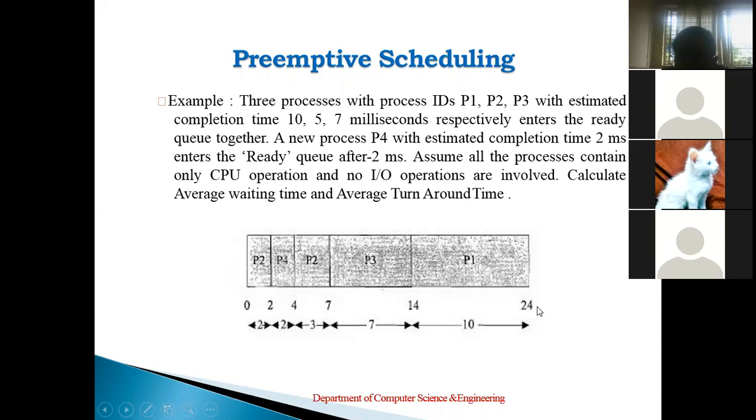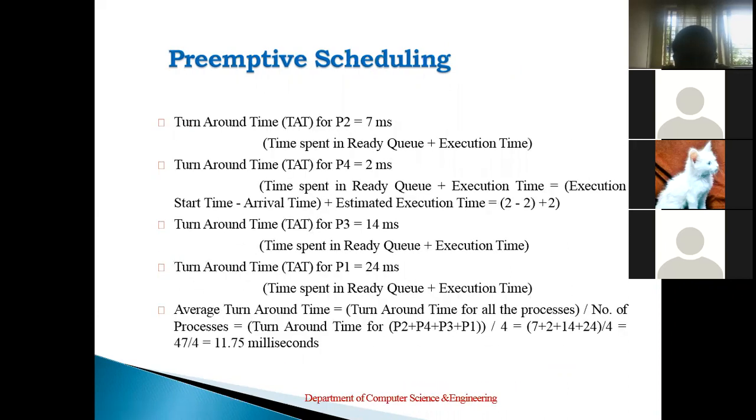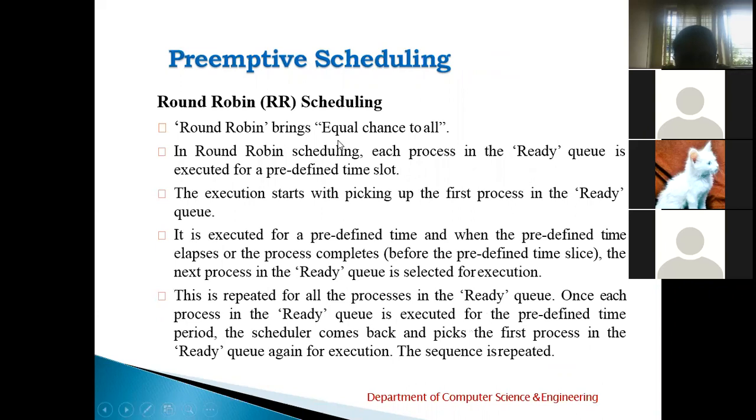No, ma'am. Okay. So what you do, you go through the textbook. There are many problems solved on the same basis. Even in the question bank, I'll be giving you such types of questions. It will be there for your third IA also. Right? Okay. So one more important algorithm is round robin scheduling.